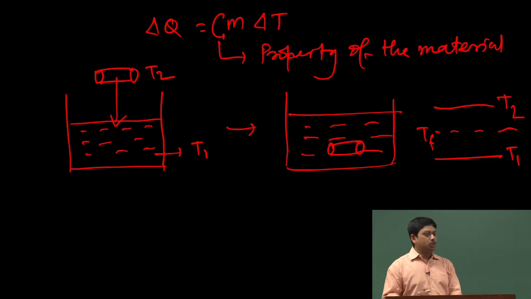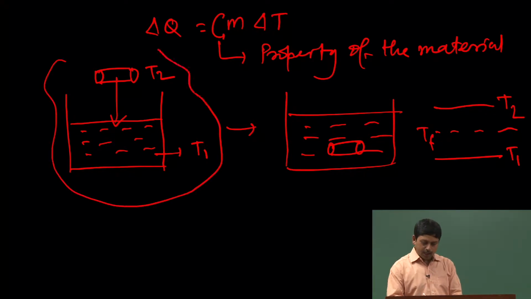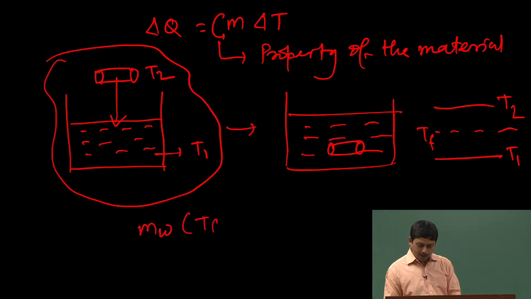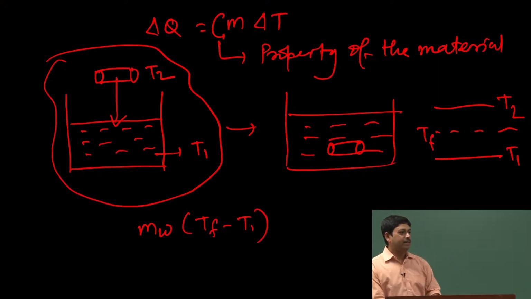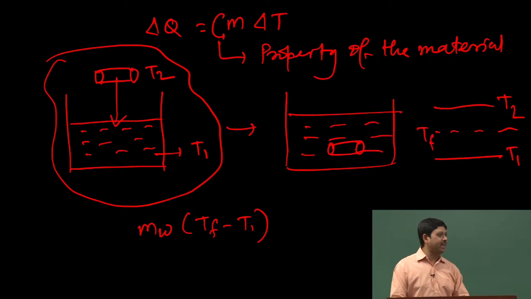Now, if we assume that the whole process is done in an isolated manner, that means no heat is coming in or out of this combined system, then we can say that, since T2 was higher, the water will get heated up and the metal rod will get cooled down, because the metal rod had higher temperature by assumption. So, the change in heat for the water will be mass of the water times final temperature minus initial temperature. Why do we not have C there? Because the specific heat of water is taken to be 1, and that is why we can define that calorie as 1 calorie,